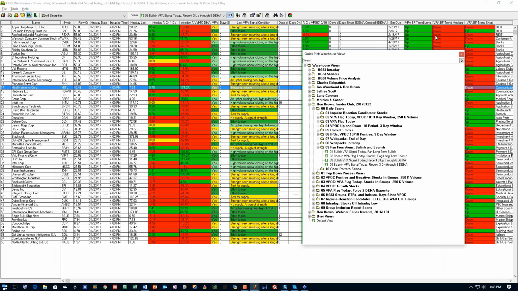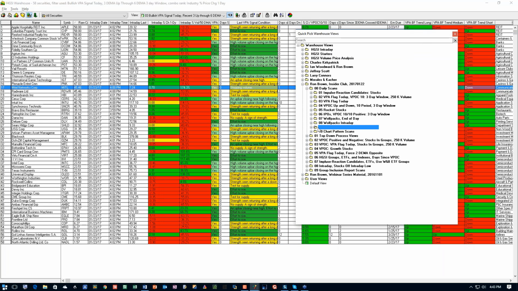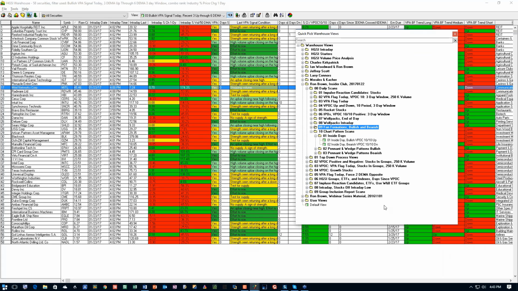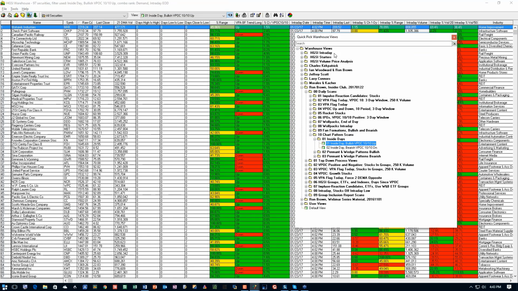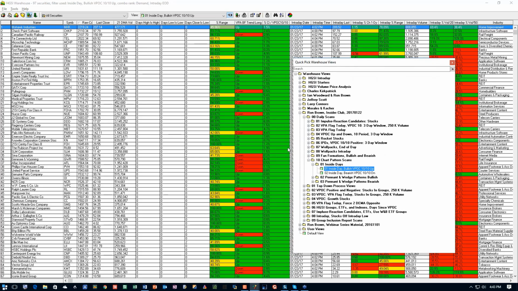that I've done. The chart pattern scans. Now this is something I put in. This is not programmed in like the wedge and pennant patterns are. It's just something that I put in there because I had the ability to do this, and an inside day can be a very powerful formation. If you catch a stock that has been moving up and then it pauses for a day,